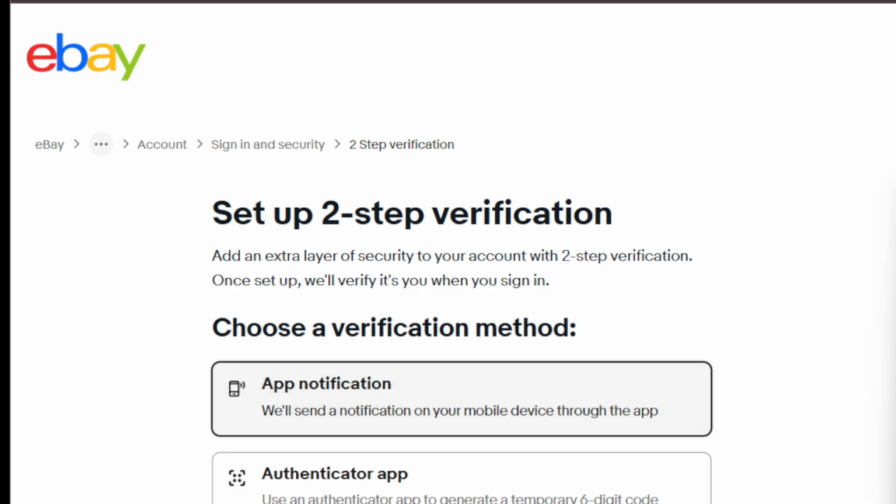Finally, you will most likely receive a verification code via text message to the phone number you've provided. Enter it as instructed on the setup screen. This confirms your phone is correctly linked to your account and ensures that you will receive the necessary authentication codes in the future. And there you have it. You've successfully enabled two-factor authentication on your eBay account, significantly enhancing your security. This simple but effective step helps safeguard your personal information and protects against unauthorized access, giving you peace of mind